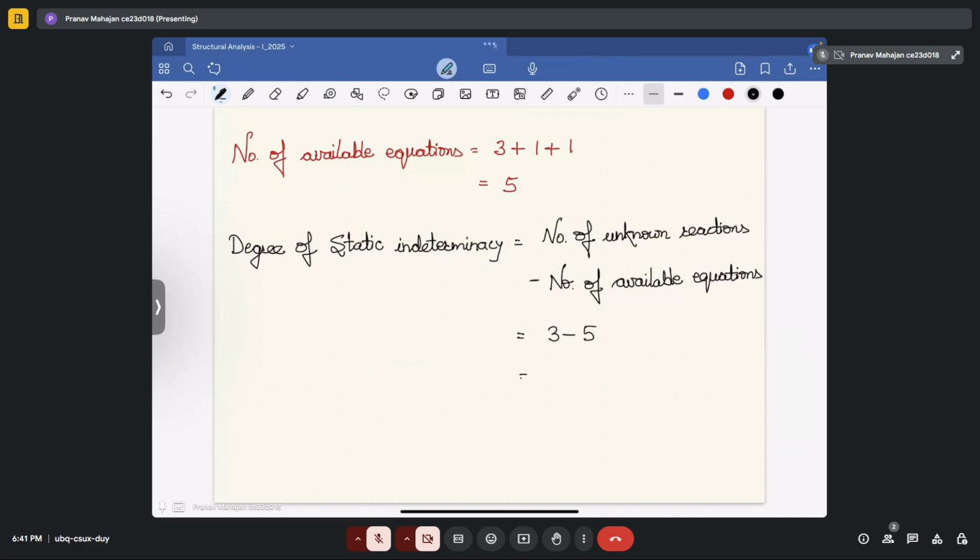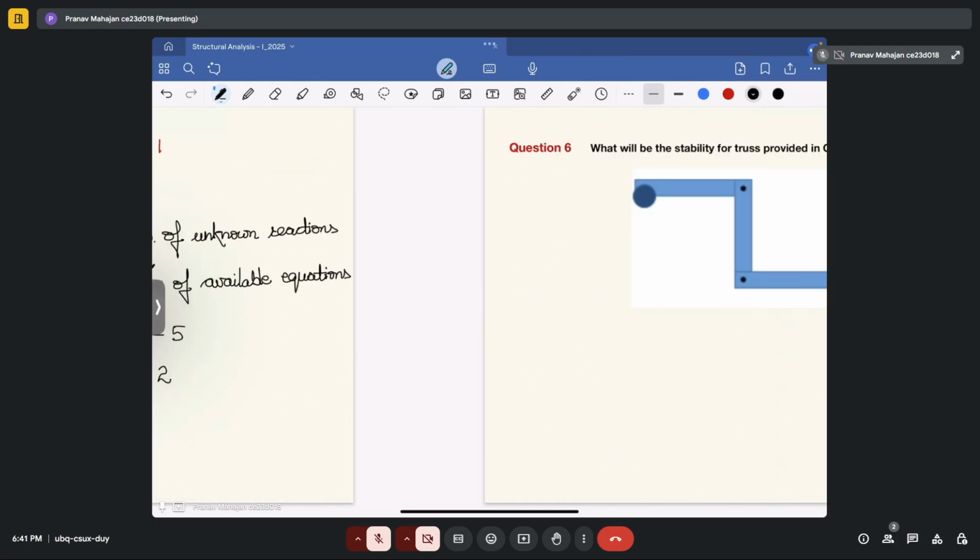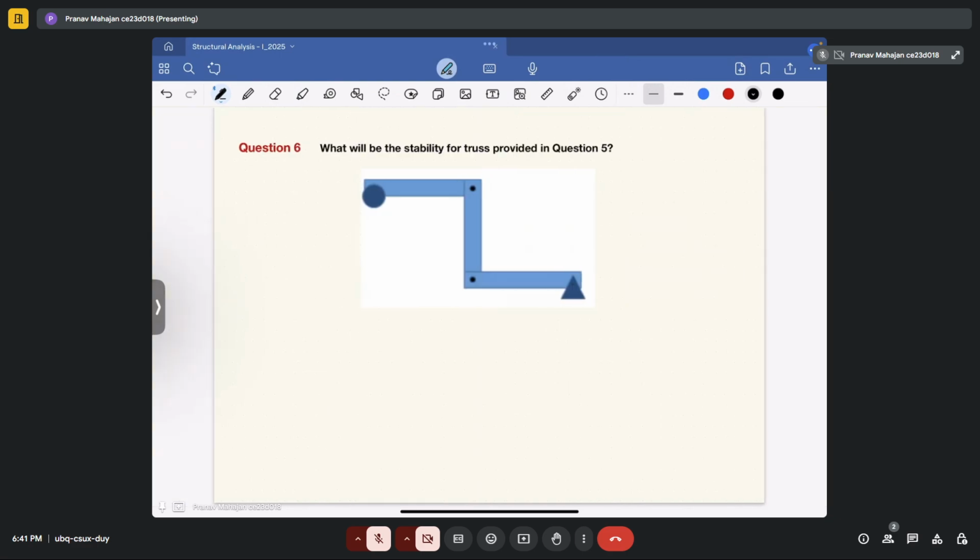So your degree of static indeterminacy is coming out to be minus 2. Okay. So in this case, you have got the negative degree of static indeterminacy. Now in the same question, if you are expected to calculate the stability of the truss, how do you